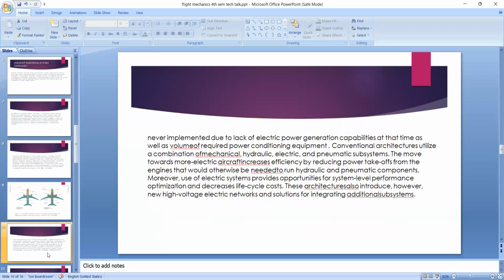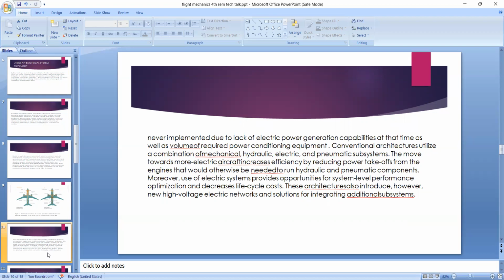Conventional architectures were implemented due to lack of electrical power generation capabilities at the time, as well as the volume of required power conditioning equipment. Conventional architectures utilize a combination of mechanical, hydraulic, electric, and